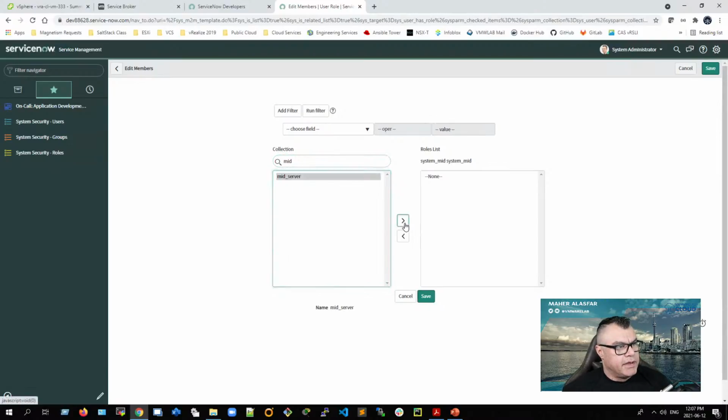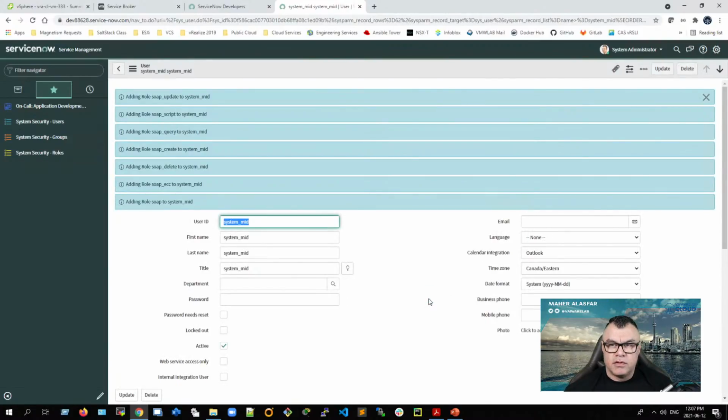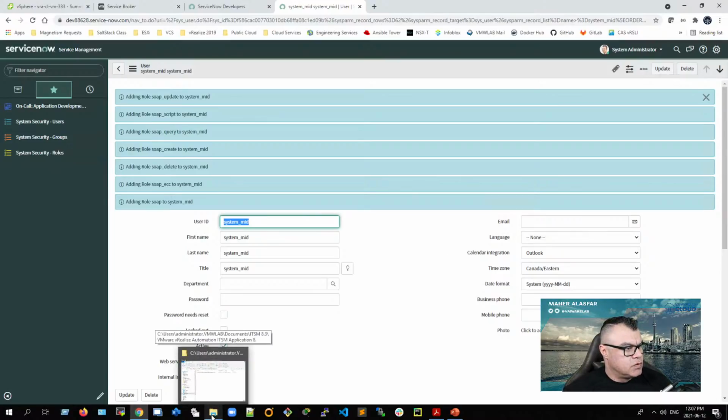MID server, and here we go. We've added it to the role list, save it. Now the server is already configured with that system account. So if we actually go into my command prompt,